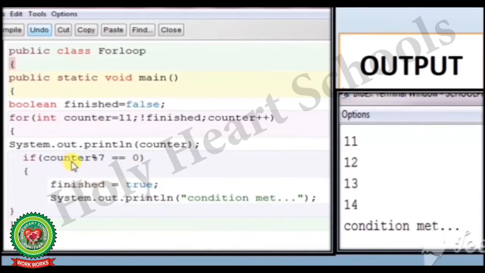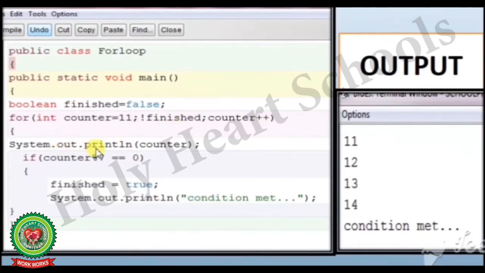Whatever be the value of counter, if modulus 7 means after dividing the value is equal to 0, so the finish will change into true and system.out.println condition met. But at the first time the value of counter is 11. 11 is printed. So 11 modulus 7 is not equal to 0. So again the value of counter will be incremented by 1. That will become 12. The loop is not finished.